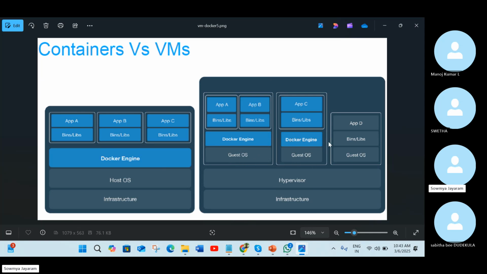After that, you have your Docker engine. Docker engine is nothing but what runs your Docker environment. After you install and run your Docker engine, you have your binaries and the application, and you run the container using the Docker engine.